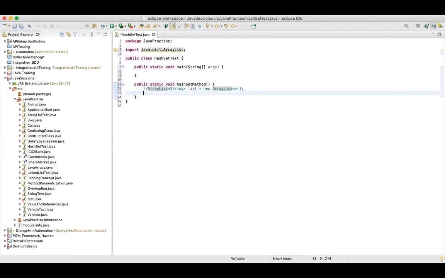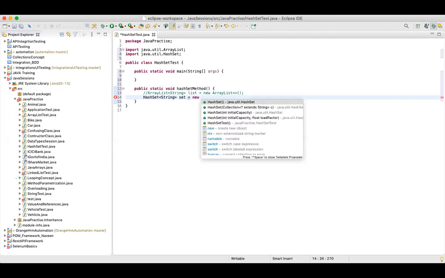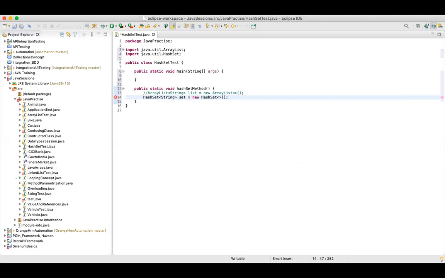Now I'll create one hash set. So again, I'll say HashSet. Everything comes in the java.util package. I'll say string because I want to save elements of type string, and I can say set is equal to new HashSet. Simple. Guys, this is set. This can be list as well. I'm just naming it so that we are dealing with hash set, to be a familiar name.